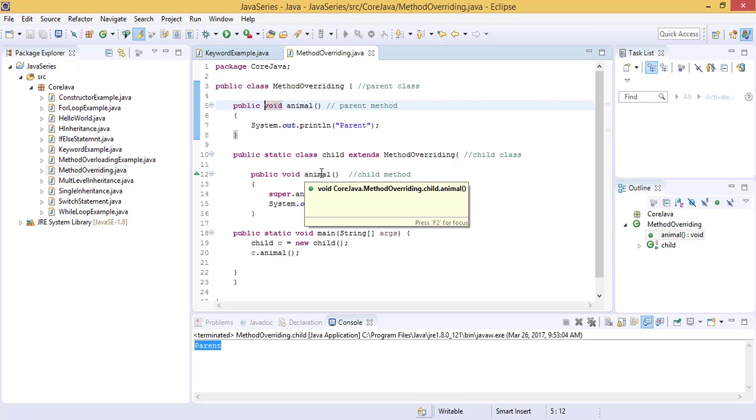So we can use the final keyword in case we want that a class should not get inherited, or a method cannot be overridden, or we want to fix a particular thing, right? We can use it in those cases. So this is how we can work with these 4 keywords, that is this, final, super and static keyword.